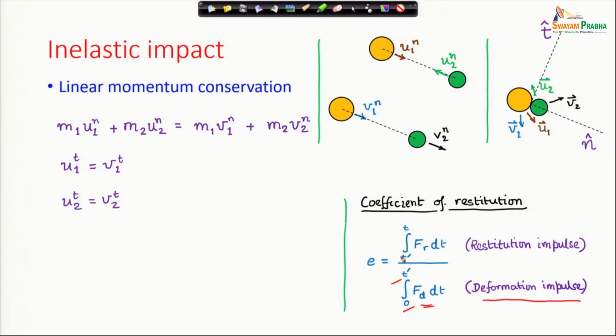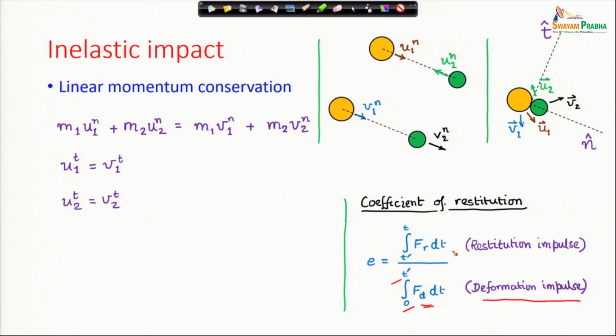Similarly, now from t prime to t, when the particles have started separating out, it is called the restitution phase. There the force between the 2 particles is Fr. Therefore, the impulse during the restitution phase is from t prime to the total time of contact. T is the total time of contact. So, from t prime to t, if you calculate the impulse of the restitution force, then it is that integral